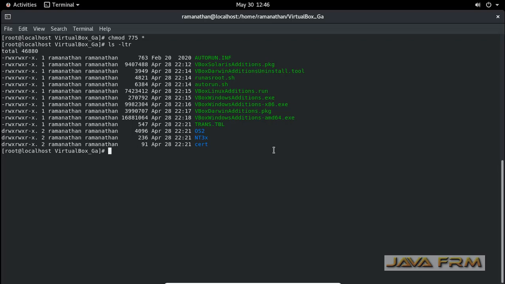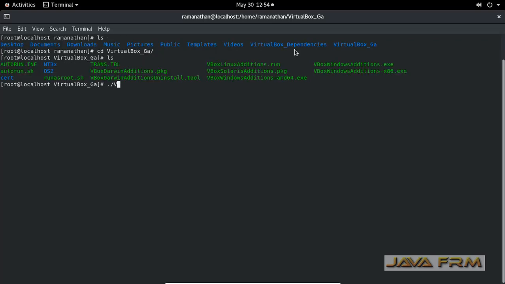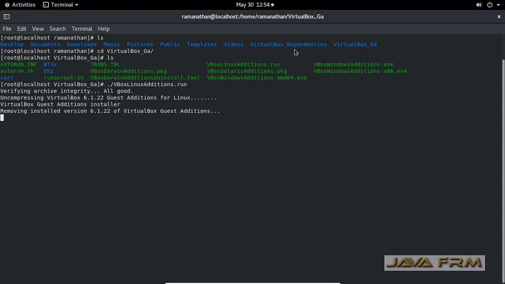Now I am going to run ./VBoxLinuxAdditions.run as the root user. This will compile and install the VirtualBox Guest Additions software in Oracle Linux. One important thing is to make sure that you have selected the kernel version appropriately. I have selected Oracle Linux kernel 4.18.